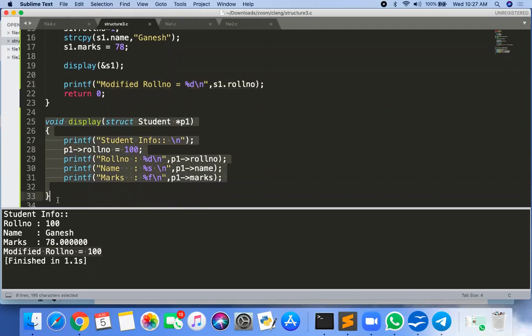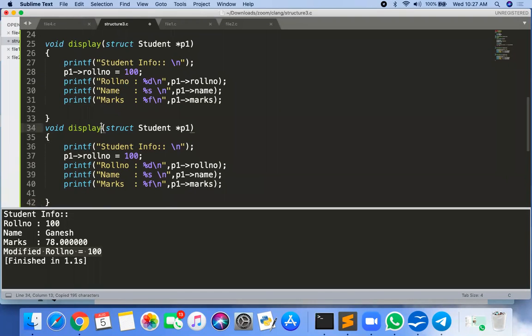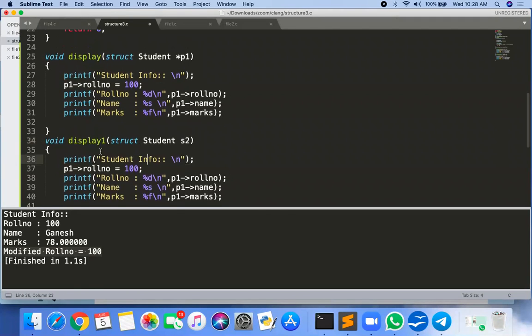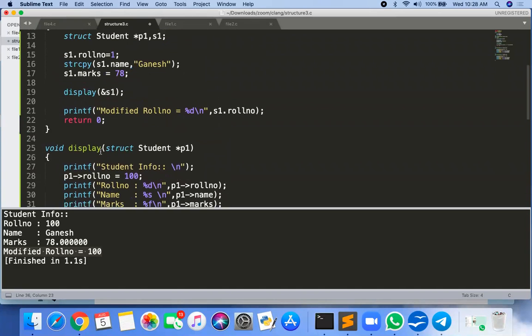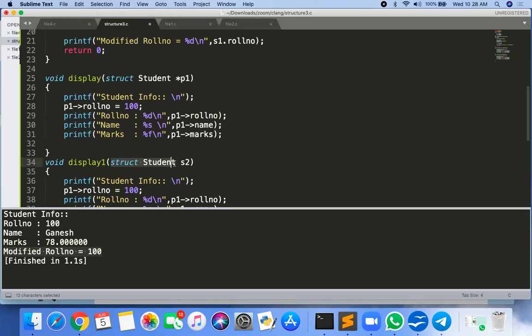I'm writing here another form of the display function. The name is display1. Now here display1 is not taking the pointer, it is taking the object.